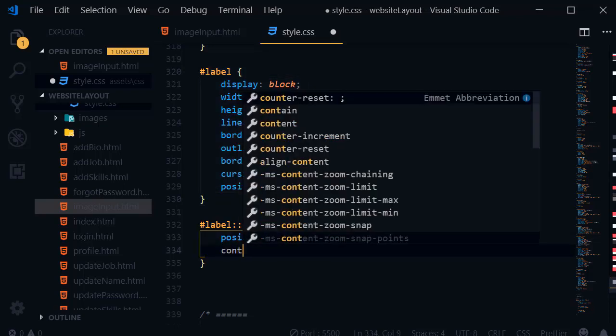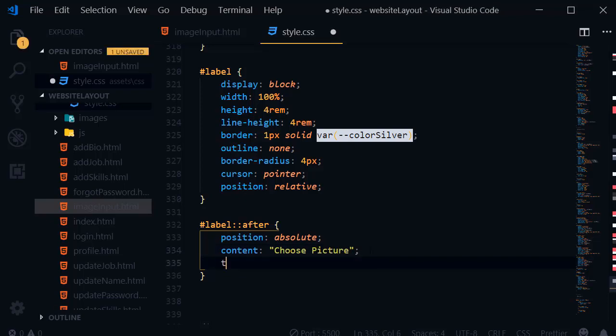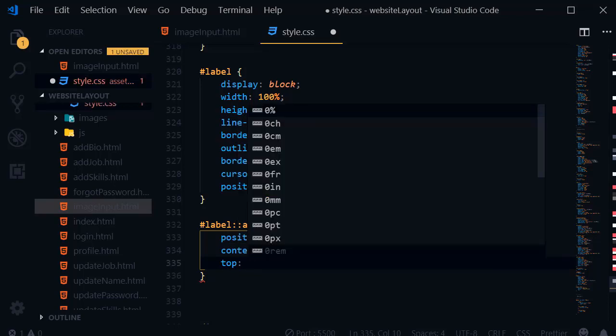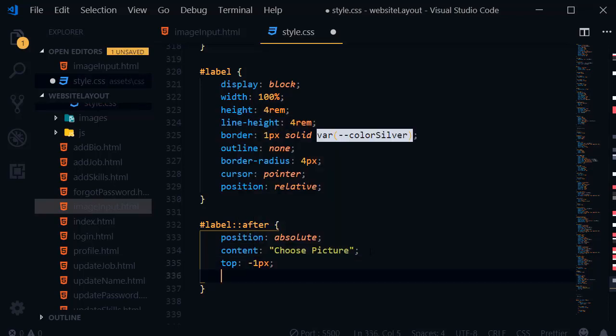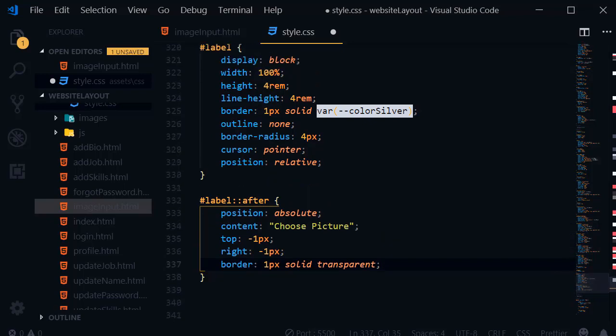Okay, and after contents, sorry, content, so I want to display some content. Okay, so content will be choose image, choose picture. Okay, and after from top position will be -1 pixel, and from right will also be -1 pixel, and now border will be 1 pixel, solid transparent. Okay, transparent, and after that